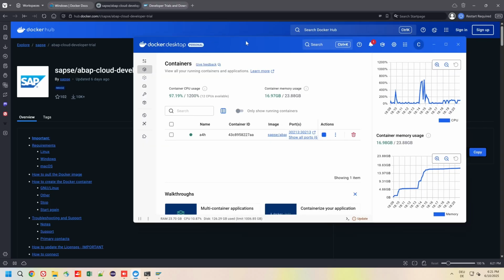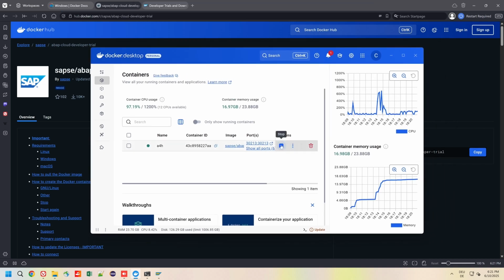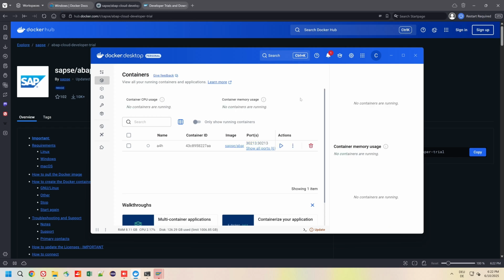In the end, we can stop the container. Just press here on the stop button. We see here decreasing memory usage, and after the container is stopped, we see this in the Windows PowerShell window.